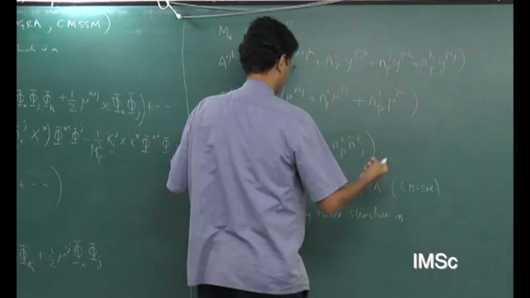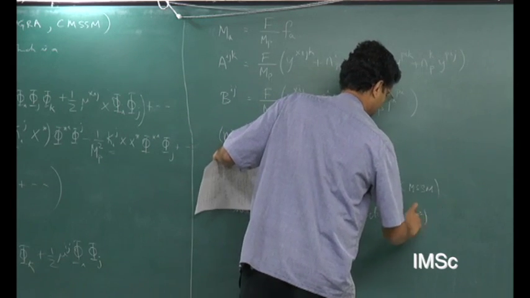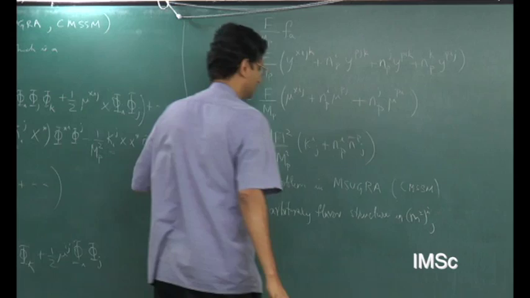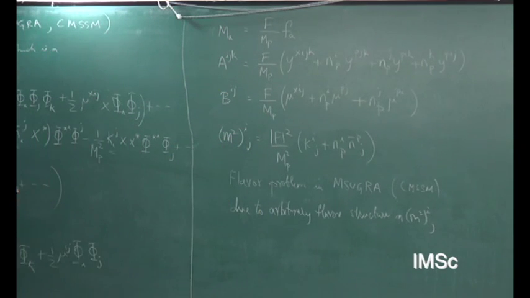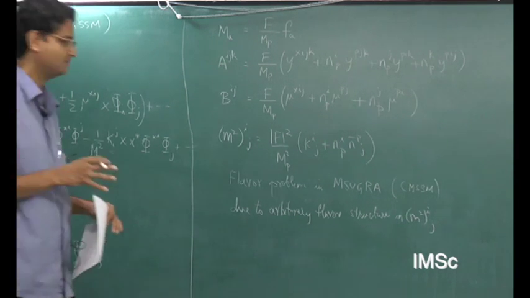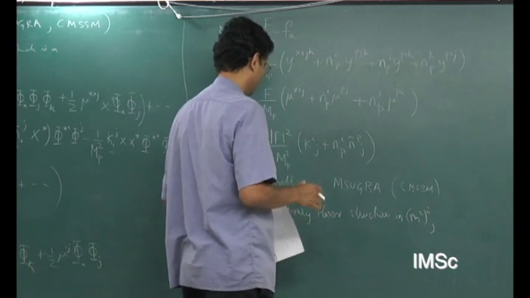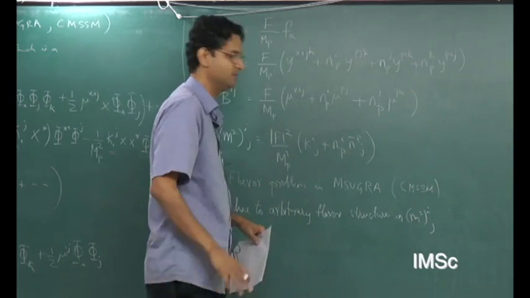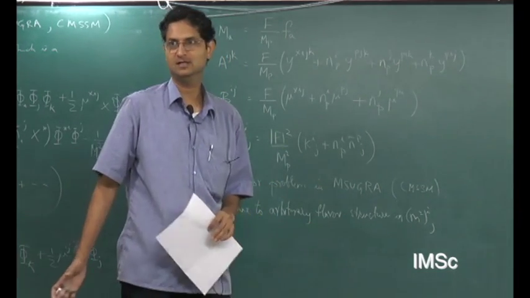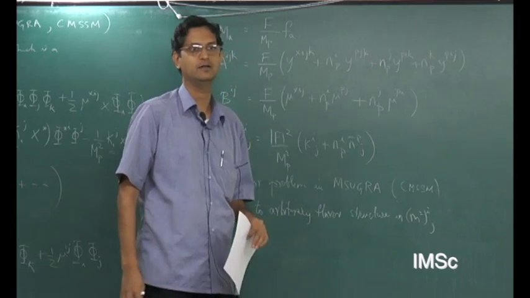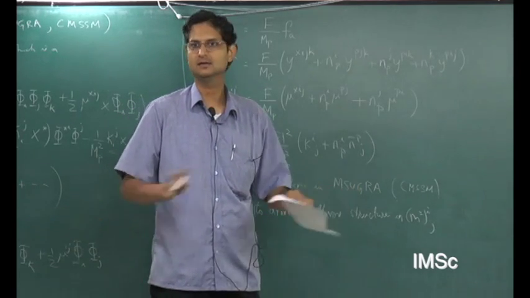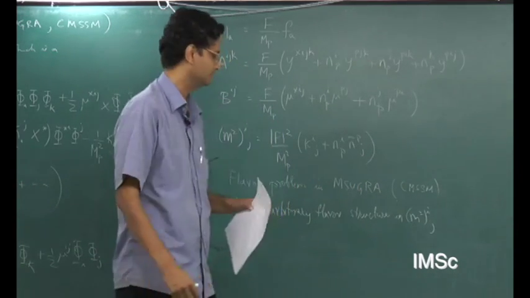So all of these things can have arbitrary flavor structure, and that certainly is not allowed. We'll look at examples next time, where if you take a particular M squared, there will be very strong constraints on its generational structure from FCNC. And certainly making it arbitrary is a very bad idea. It should have some relation to the standard model Yukawa couplings. Otherwise, you are completely ruled out by flavor.